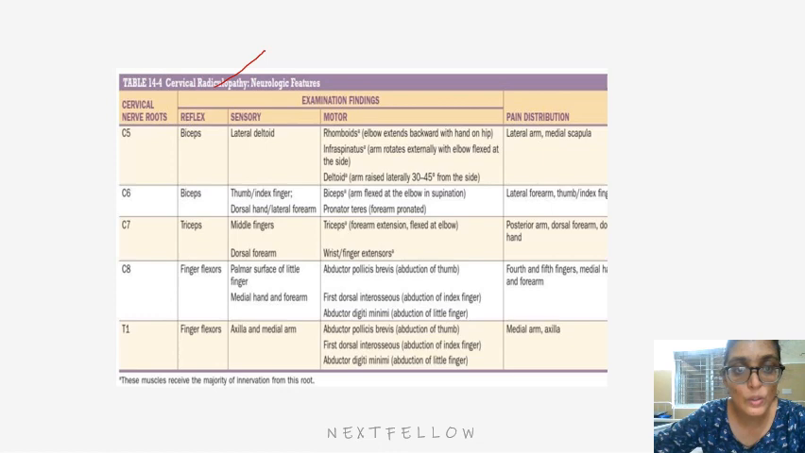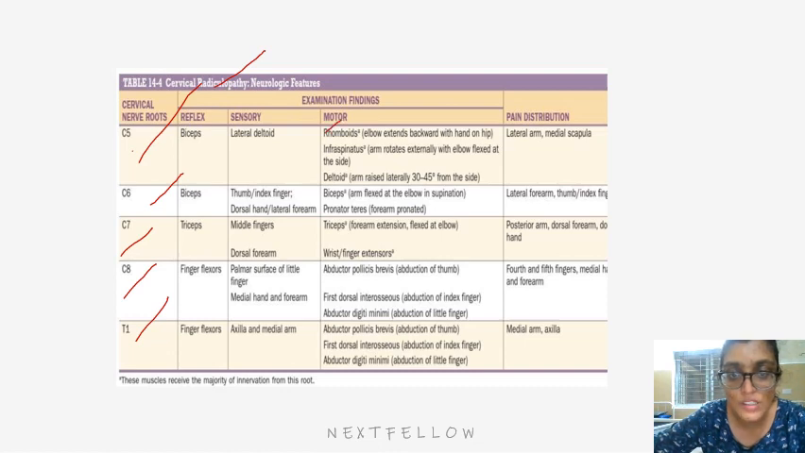So cervical radiculopathy, now there is a mnemonic for this. C5 and C6 is biceps, C7 is triceps, C8 is finger flexors, and T1 is also finger flexors. So C5 is